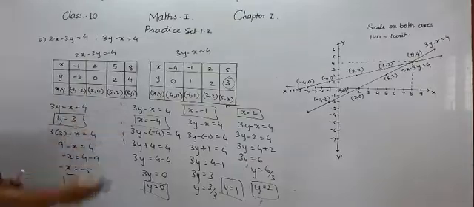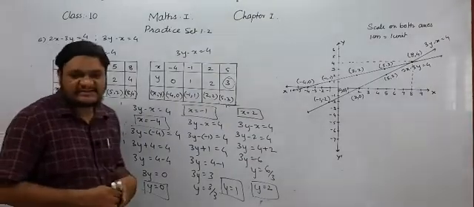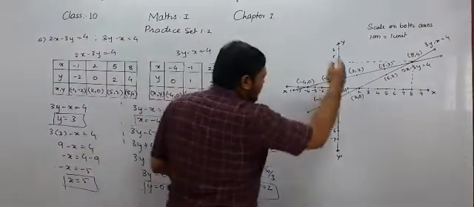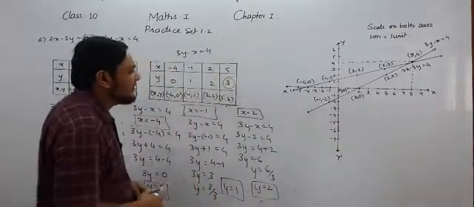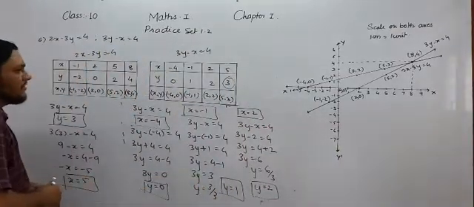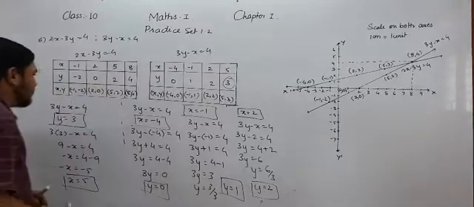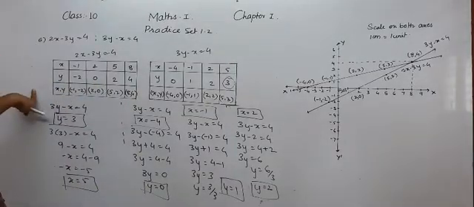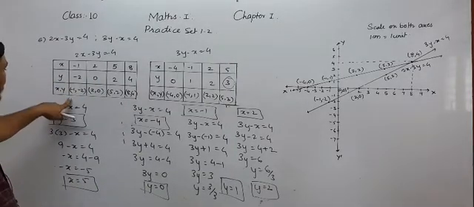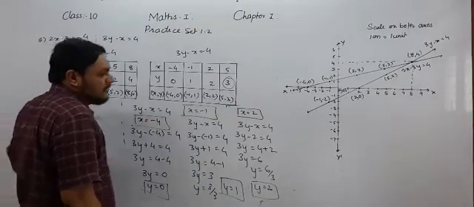Now we are plotting the points on a graph paper. So you know the process. First draw the x-axis and y-axis intersecting each other at the origin having coordinate 0, 0. Now you have to plot the points. So I have plotted, first I will plot the points of the first equation. So the first ordered pair is negative 1, negative 2.